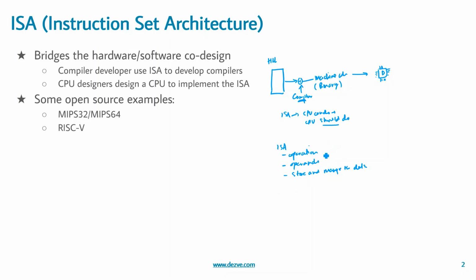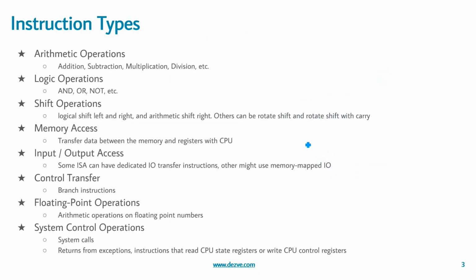Let us now see what are the typical types of operations that most ISAs support. Any CPU would mostly provide addition, subtraction, multiplication and division. These are the arithmetic operations. It also provides some kind of logical operations like AND or NOT. It can also provide arithmetic shift right or logical shift right, and shift left and right. Logical shift left and right mimic multiplication and division by 2. It can also provide some kind of rotate operations.